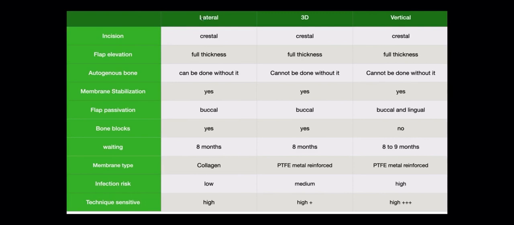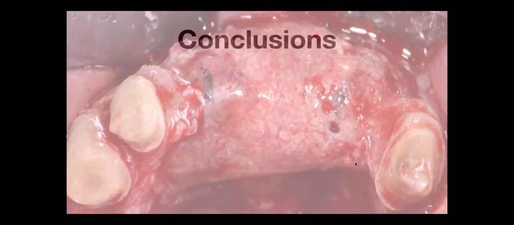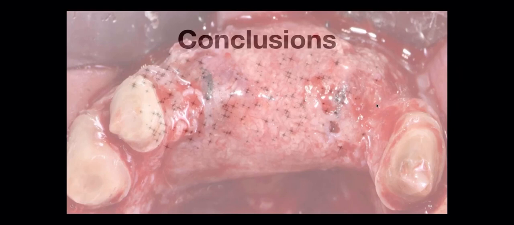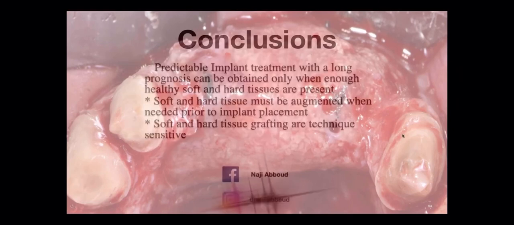The lateral bone regeneration has a high sensitivity in the technique, so it depends a lot on the surgeon and the ability of the surgeon. It is more sensitive to the surgeon in the 3D, and it is too sensitive for the surgeon in the vertical regeneration. Okay. So to conclude, we can say that a predictable implant treatment with a long prognosis can be